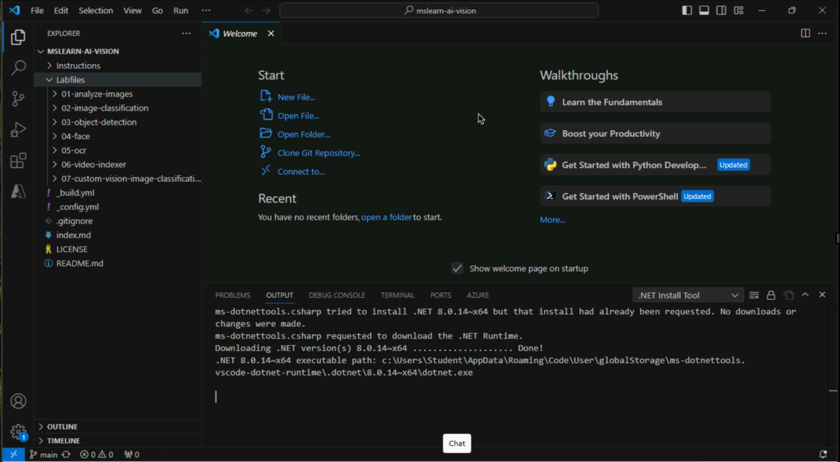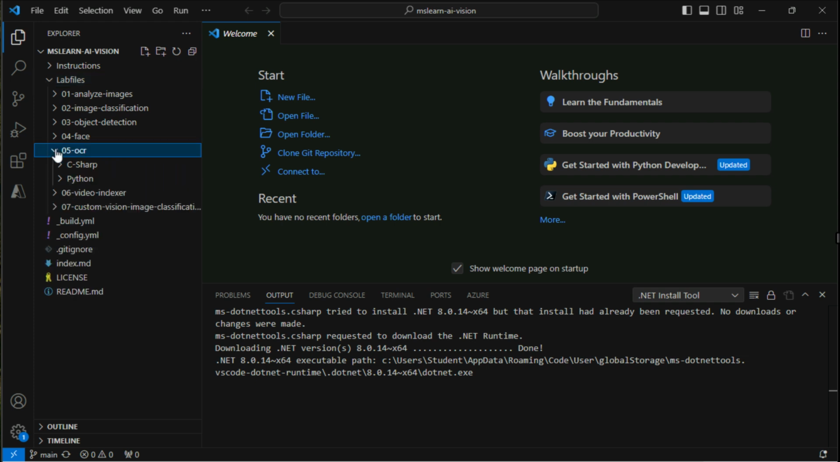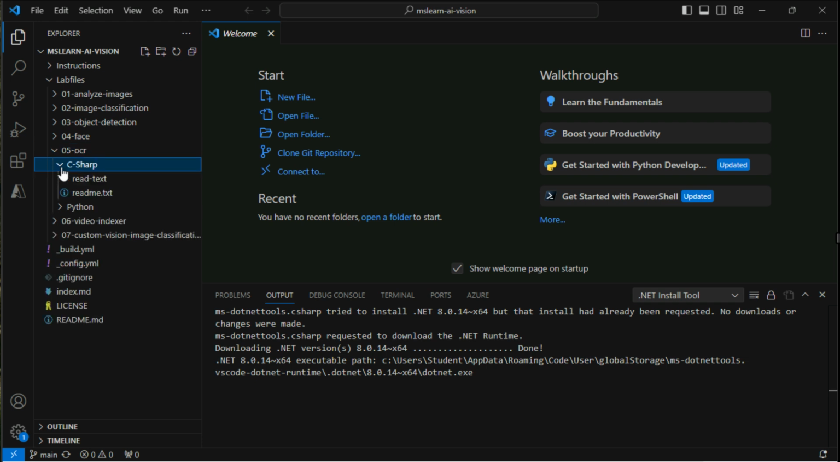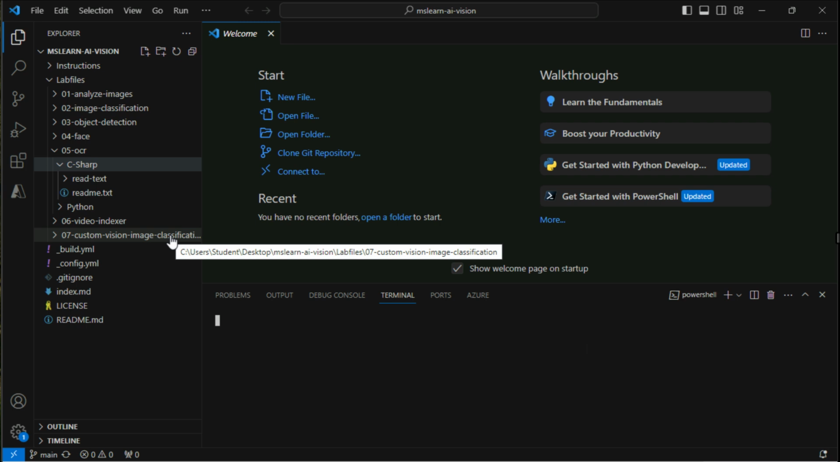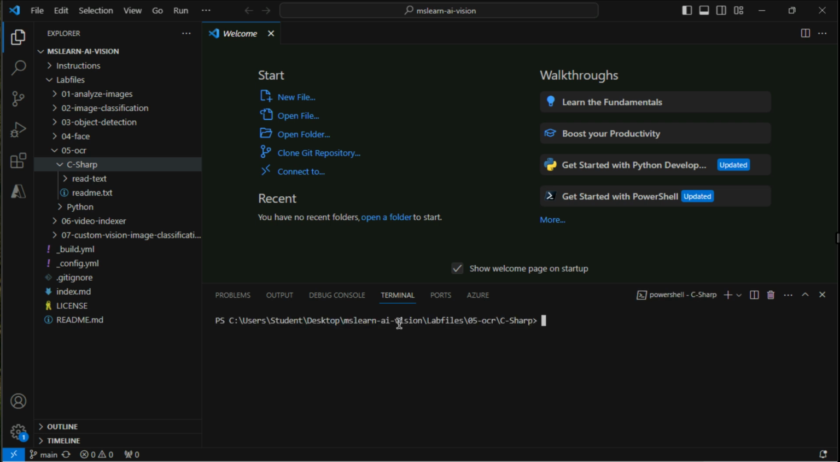So we're here in Visual Studio Code, and the code that we're looking at is here in the directory 05 OCR. And we're first going to work with the C# version, and then later on with Python again. So I first need to install the image analysis SDK for .NET. So I'm going to open up a folder here, and then I'm going to say .NET add package,